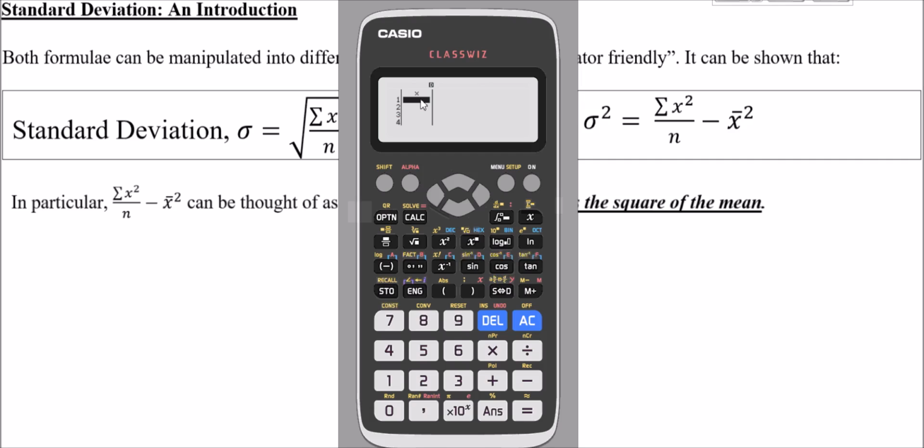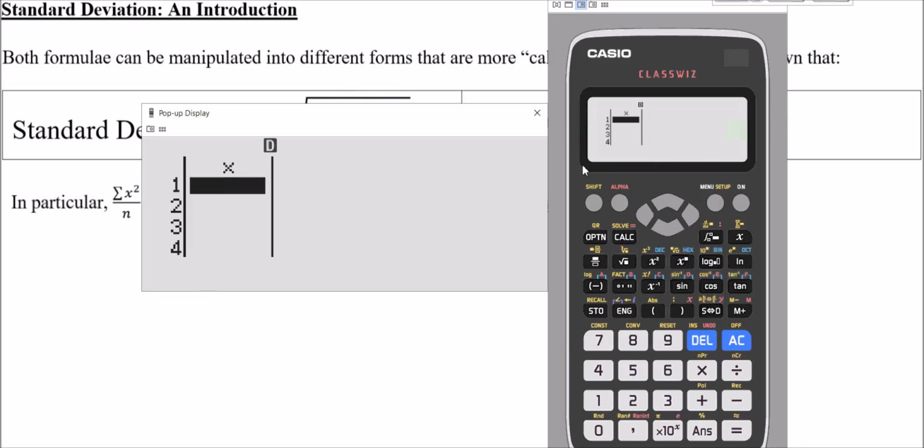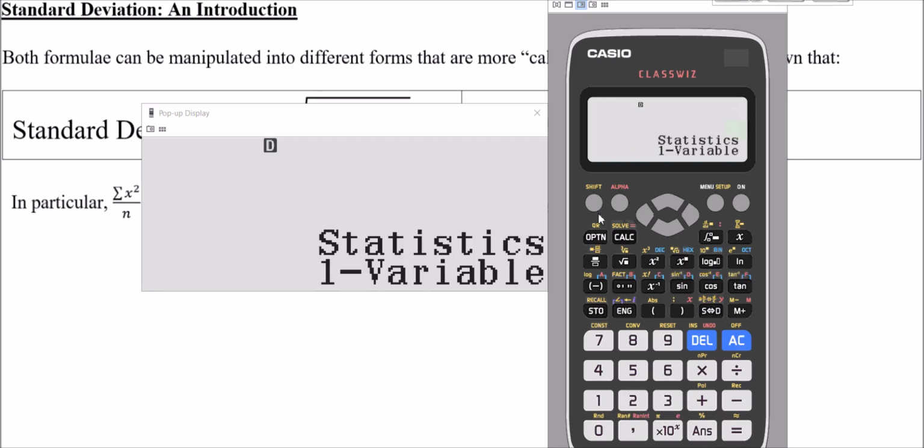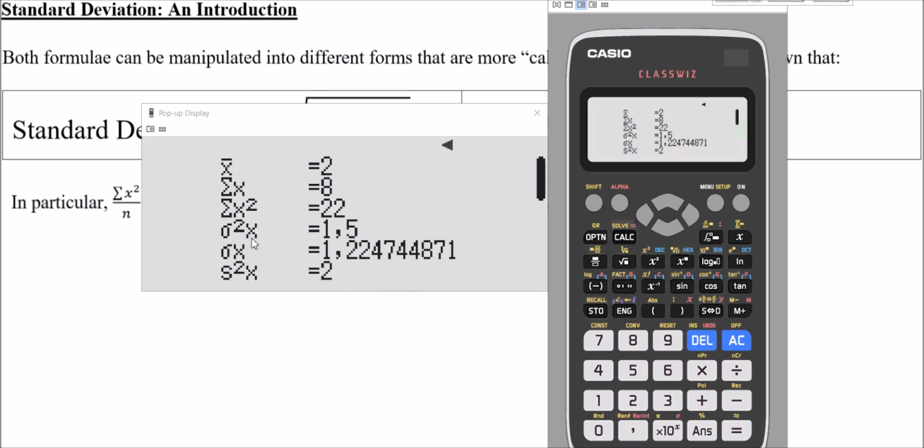If you remember, I'll make the screen bigger so you can see what I'm typing in. In our example, our values were 1, press equals, 1, 2, and 4. Press equals, then press AC to clear the display. We now press Option, then press 2 for one variable calculation, and we're looking for sigma. So the standard deviation for ours was 1.22, and the variance, sigma squared, was 1.5,